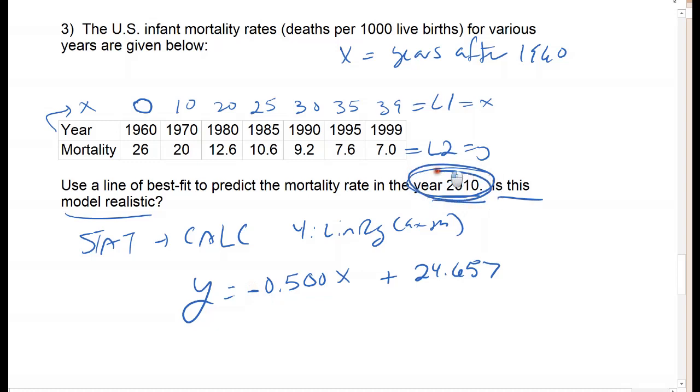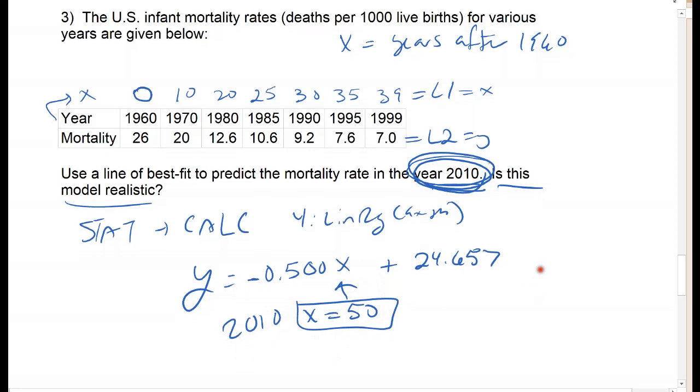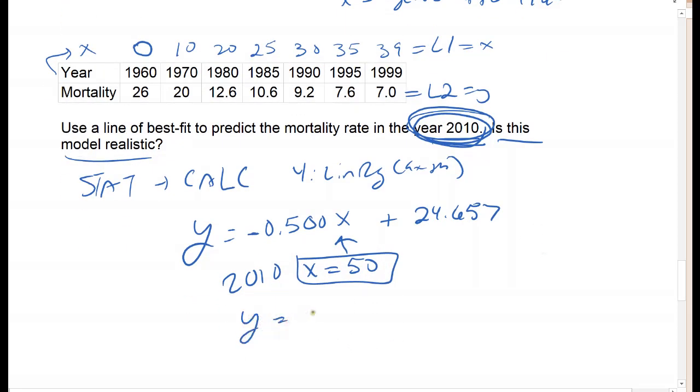Alright, now the prediction. The year 2010. So the year 2010 would be 50 years after 1960. So 50 is what we plug in. And so the y comes out, and the reason why I asked the second part of the question is because my y value comes out negative 0.376. We cannot have a negative mortality rate, and so this is not a good estimator